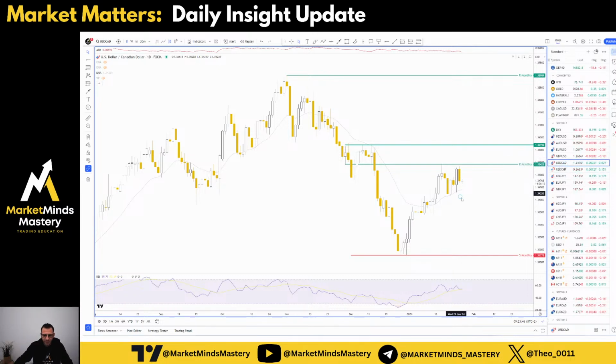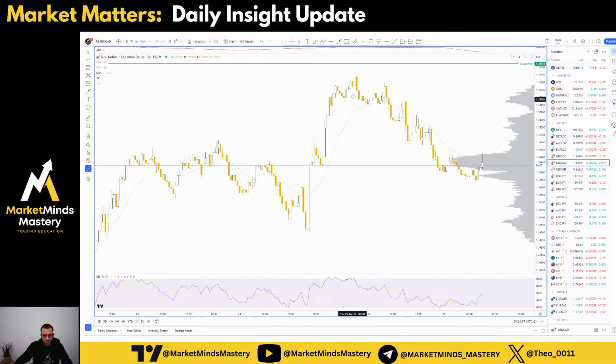Next one, USD Canadian dollar. We were looking to trade short from here. We took some trades up there. Now the market on the lower time frame, on the 30-minute chart, tried to approach this monthly resistance, but it didn't manage to tap into this. And this uptrend here ended up as a downtrend. Therefore, now the market declines.